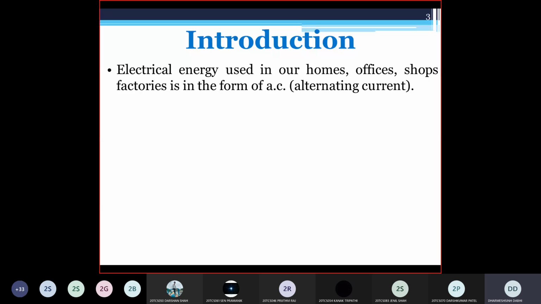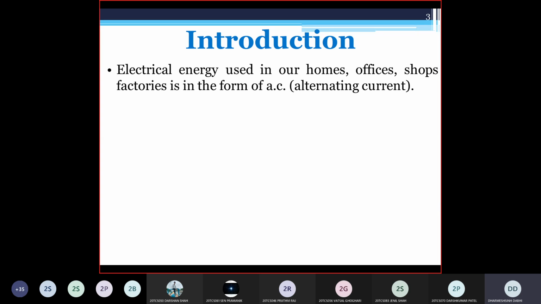See, I square R losses happen in both cases. Clear? If any material has a resistance, then I square R losses happen. I square R loss does not depend only upon resistance. See the equation of loss, I square R. It depends on current also. If your current is more, then the loss is more. Once your material size is fixed, the value of resistance is fixed. But apart from that, the loss depends upon the amount of current. If your current is high, then the loss will be high. So for that reason you cannot say that more loss happens in AC as compared to DC. Clear?